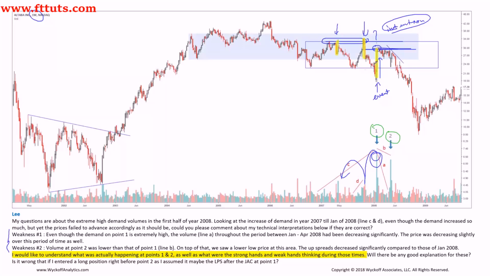So this means automatically that the bias is still being confirmed as the downward bias, and that now the value zone is slightly lower than what we've seen before. So when point number 2 comes, which seems like a very logical diminishing volume signature, we might be thinking that, okay, supply is diminishing here, which is correct as well. But